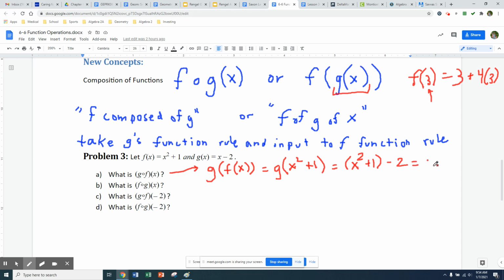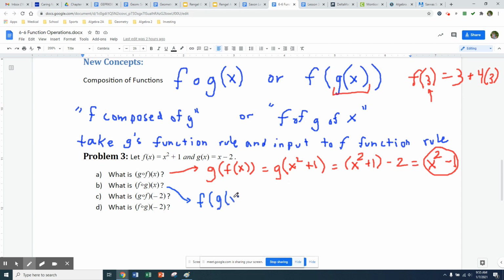So this is going to be f of g of negative 2, which first I would apply the negative 2 into the g function. So this is going to be f of negative 2 minus 2. So I'm using the x minus 2, but instead of the x, I input that negative 2. So now negative 2 minus 2 is going to give me negative 4. So then I'm going to have now f of negative 4, which in the f function rule is going to be negative 4